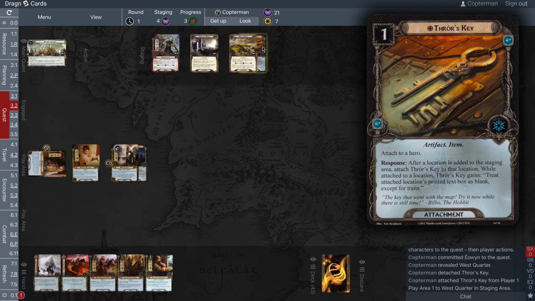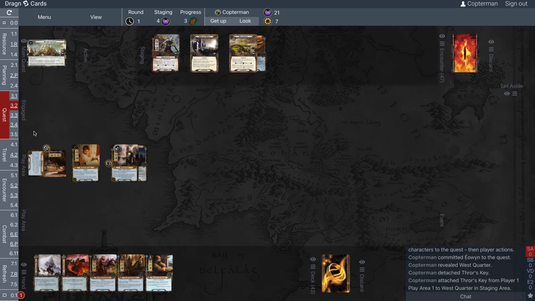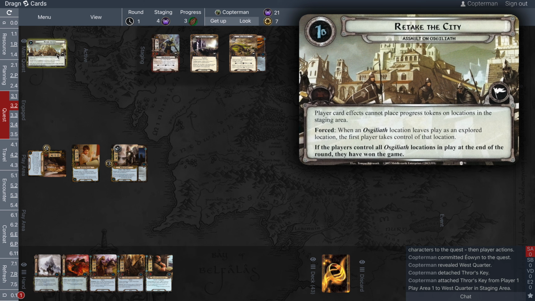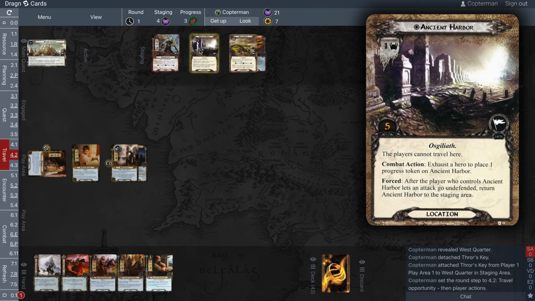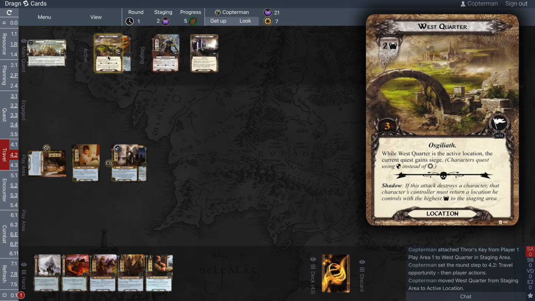So West Quarter will get this. While attached to a location, Thrower's Key gains treat attached location's printed text box as blank except for traits. So the Osgiliath trait remains, but this whole thing about we are in siege when this is the active location, it does not fire. All right, so we will make 3 progress, but we can't put progress on Retake the City during the travel phase. We can't travel here,